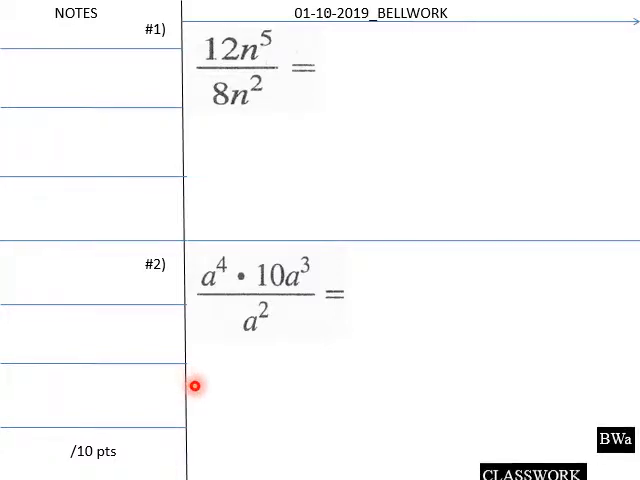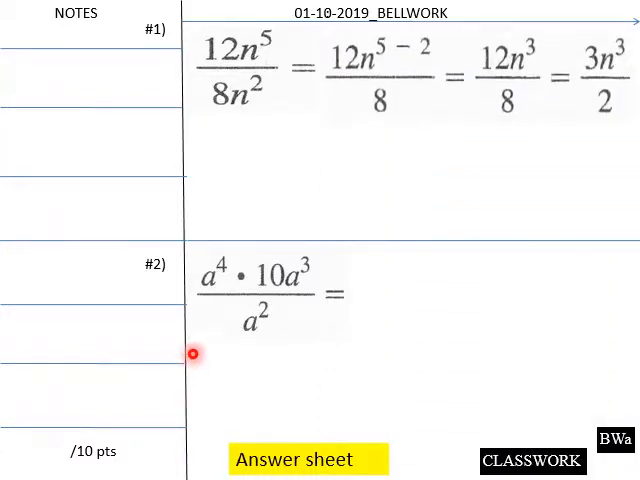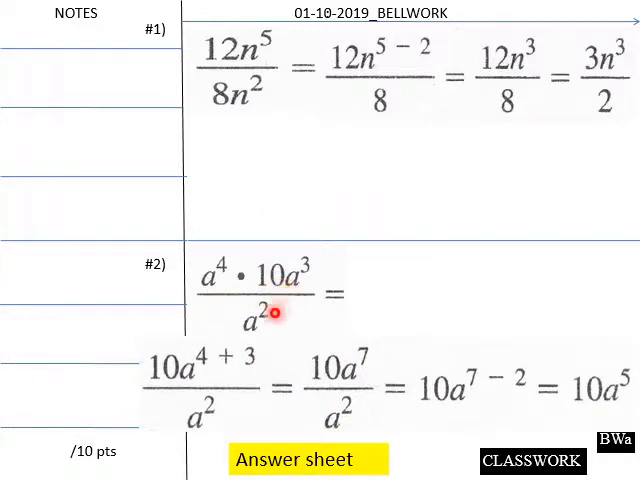Okay, welcome back for your solutions to these. Here you have 12n to the 5 minus 2, using the quotient property of exponents, over 8. And then we further simplify here until we come to 3n cubed over 2. These you can factor out a 4 here. And then down here we have